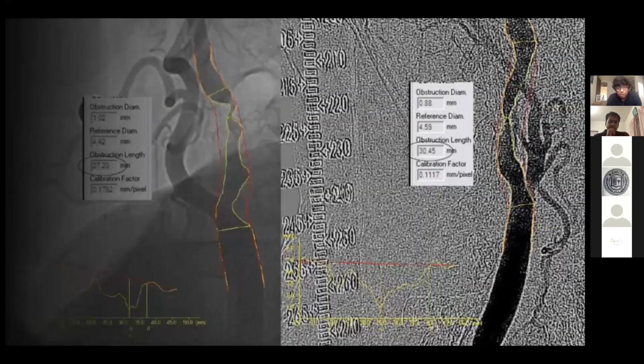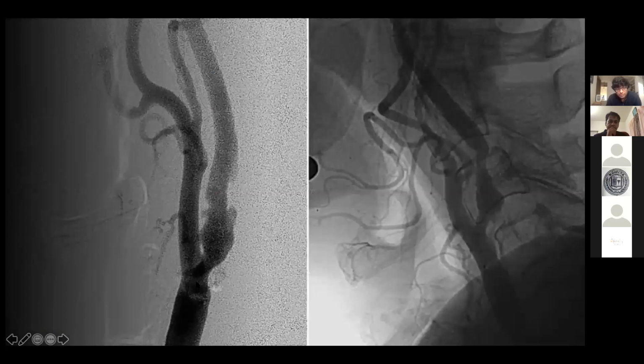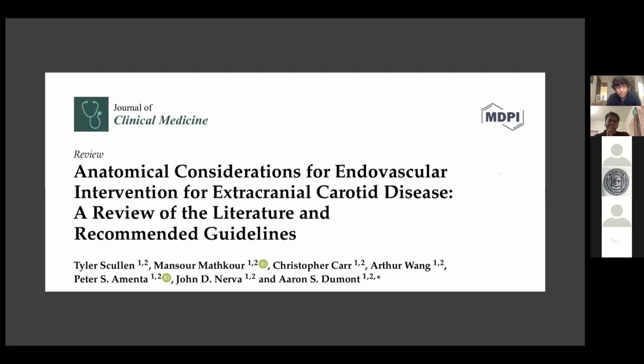So the anatomy looked something like this. This is a long in-tandem lesion, you can see. Look at the length of these lesions. Or conversely, contiguous lesions, so there's one lesion here and another lesion here. Outcomes in such cases, like the other ones here, were not particularly successful. So this is what the CREST data tells us about where to be careful when you're trying to do carotid artery stenting.